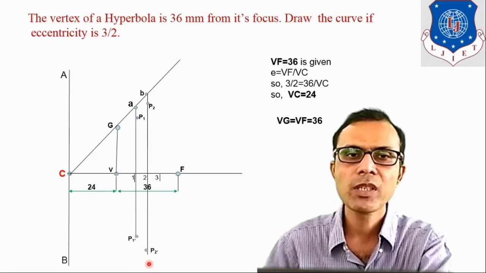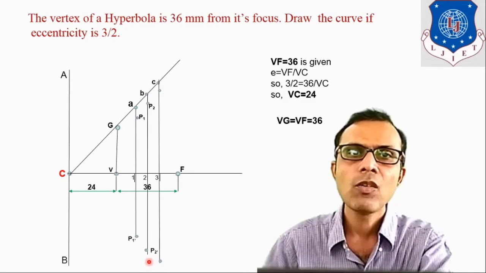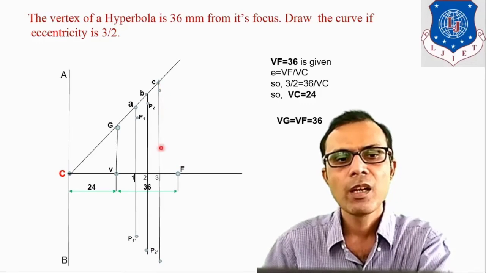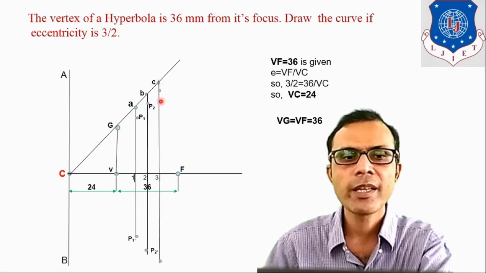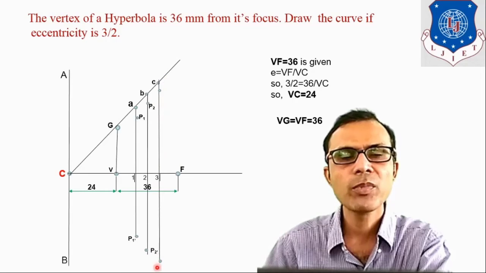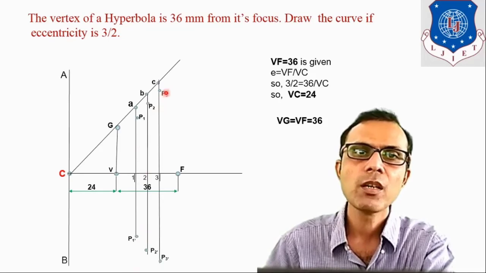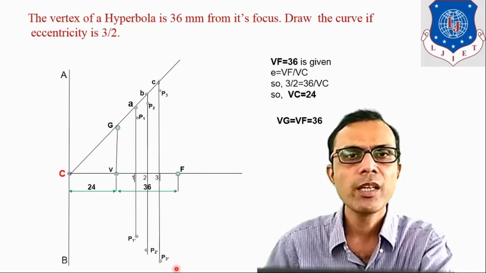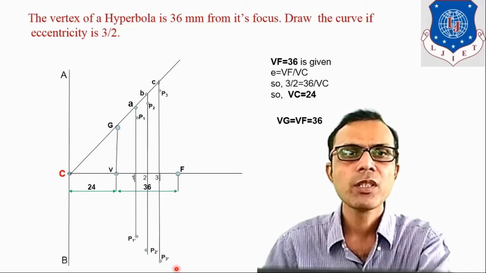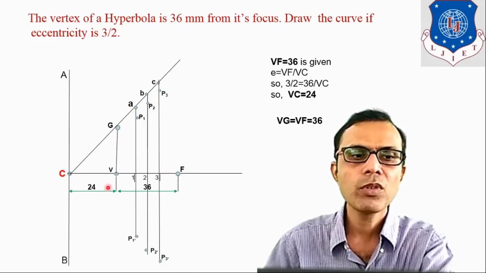Next is division number 3. From division number 3 also, draw a vertical line and obtain the intersecting point with CG extended as point C. Now 3C is compass size, F point is the center point. Draw an intersecting arc on both sides of the axis, above axis and below axis. So we will obtain 2 points above axis and below axis as P3 and P3 dash. So these are the required points for the given curve. Hyperbola passes through all these points.